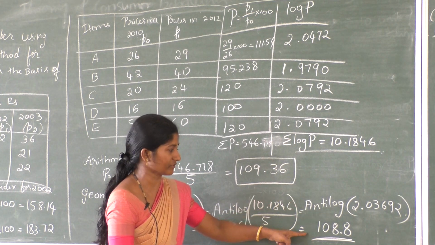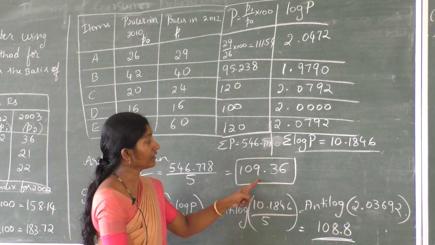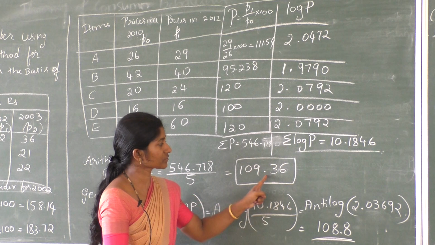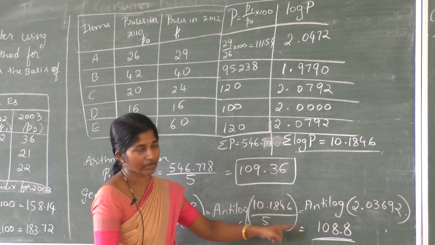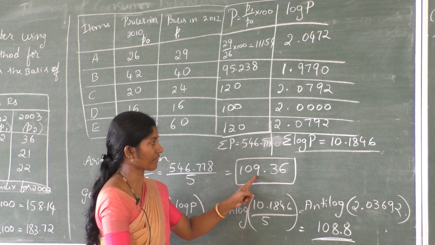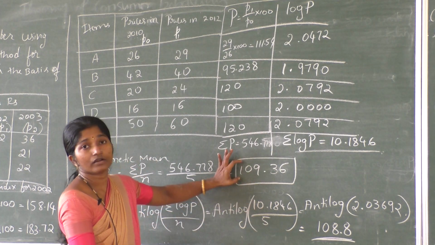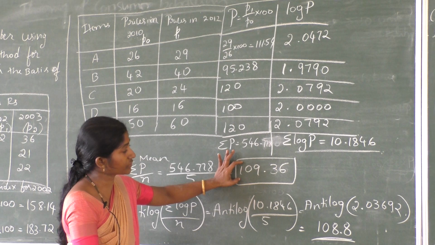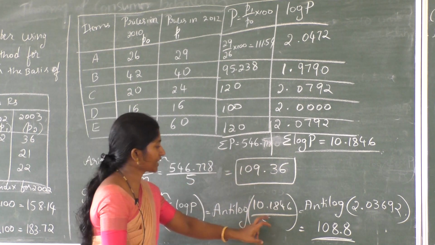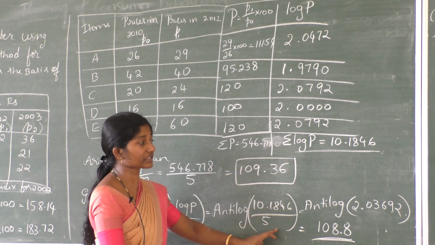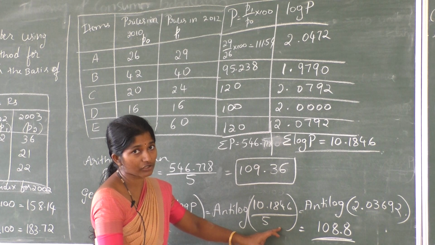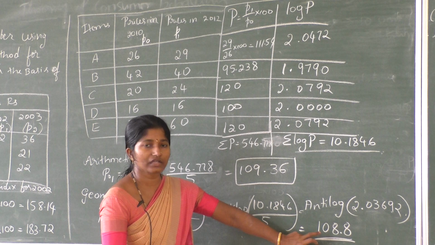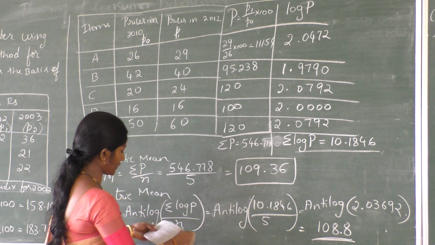Observe these two values. Arithmetic mean is a greater value and geometric mean is a lesser value. So we will always get it this way. Arithmetic mean is always the greater value because we are calculating directly and it is the easiest method. Next, geometric mean is the best for calculation of averages of ratios. Therefore, we always get a lesser value, that is 108.98.